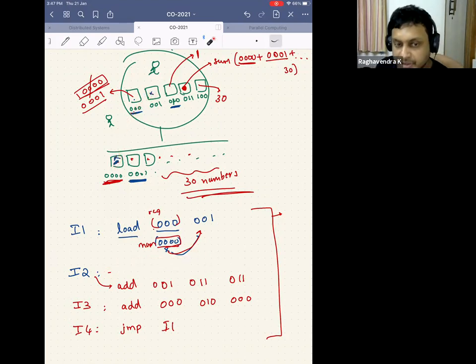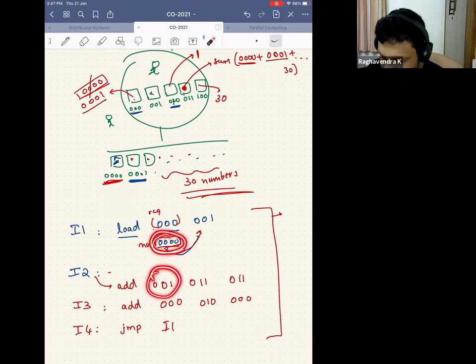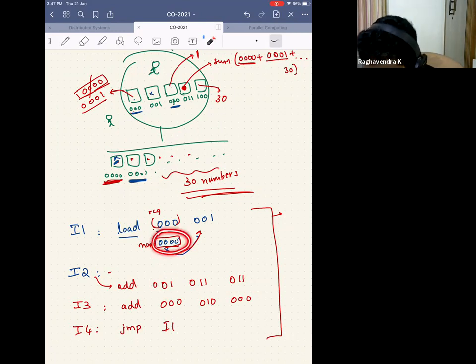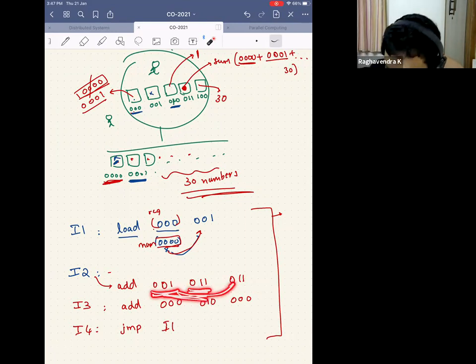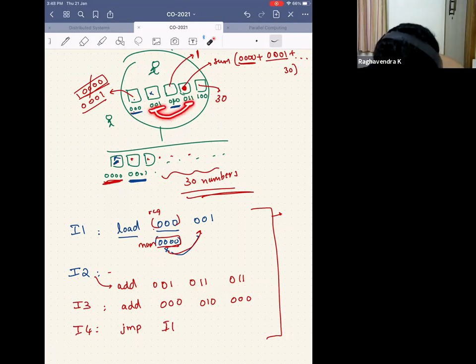Okay. Let's assume that you figured that out. Then what we are trying to do is, I am adding this. Whatever is there in this register value, let's for now assume that if there are 3 numbers like this, it's register. If there are 4 numbers, it is memory. 4 digits, it is memory. If there are 3 digits, then it is register. So whatever is there in this register and this register, I am adding these 2 values and keeping it back in this register. So whatever is there here plus whatever is there here, initially it was 0.